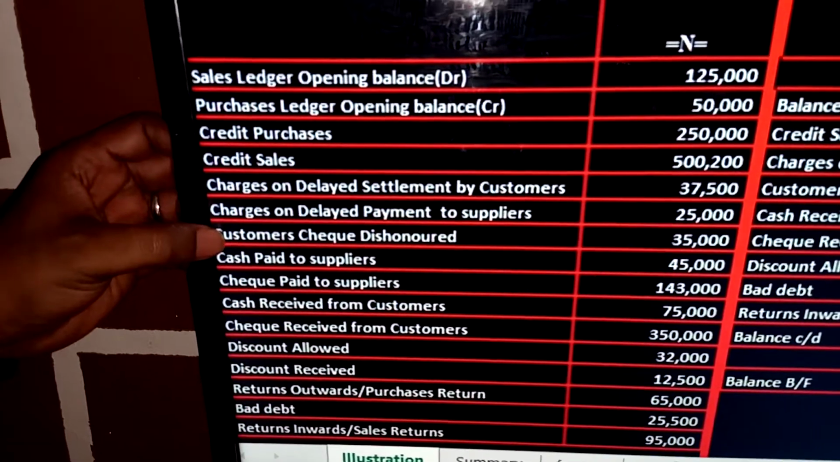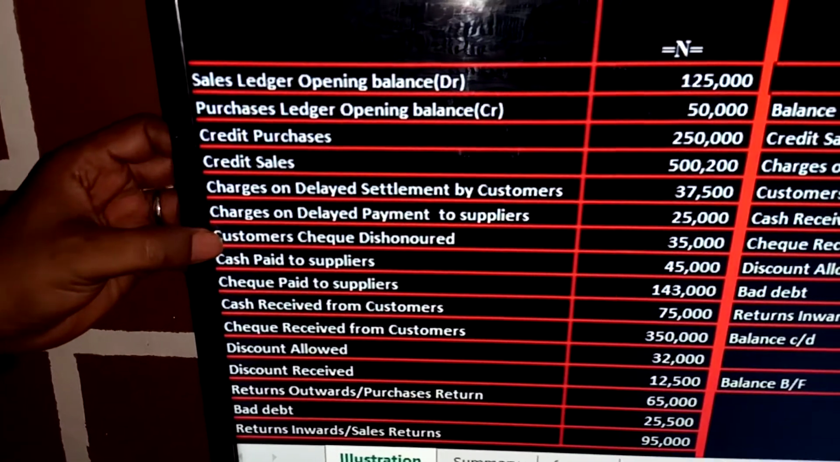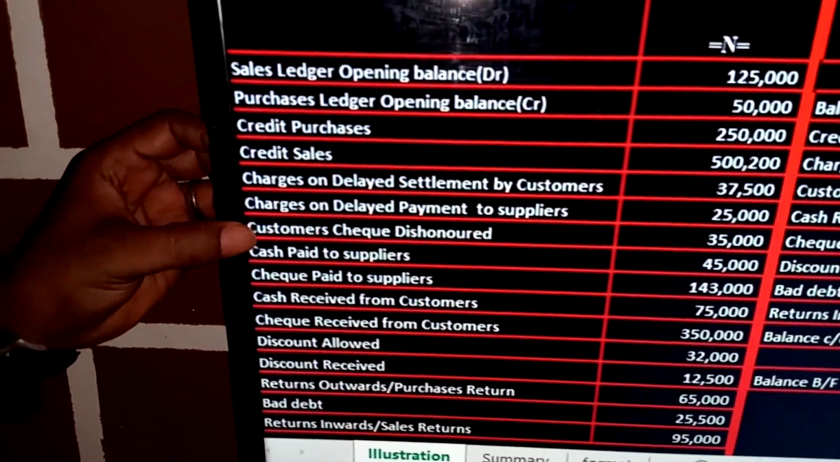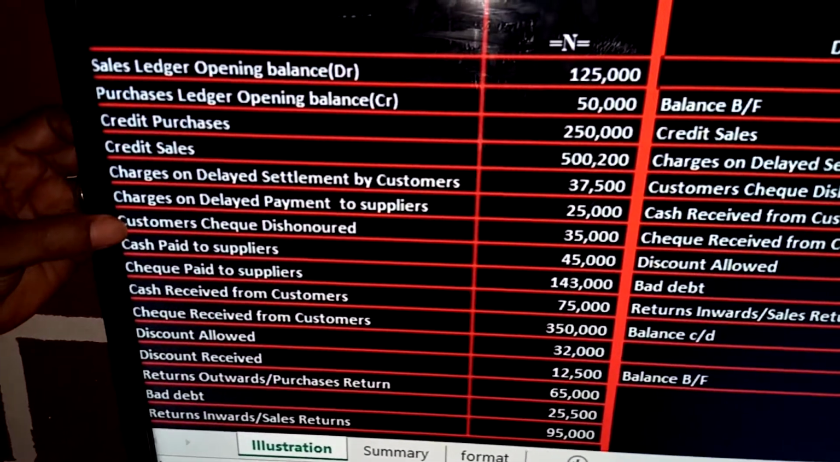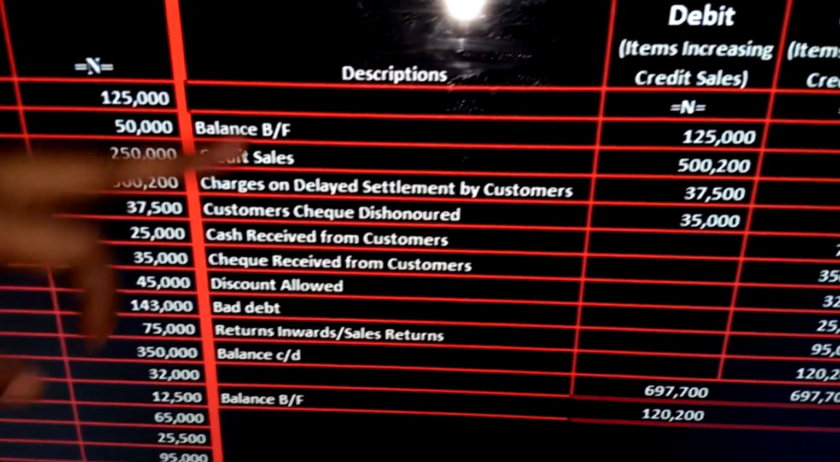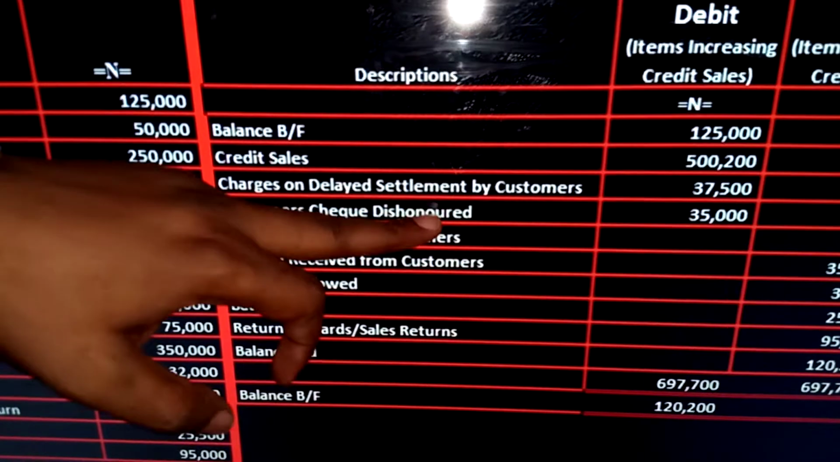Customer will be related to sales anyway. So now their check that they gave to us is dishonored. So it means that what we thought they have paid, they've not paid. So that will increase what they are owing the business. Okay. So we have sales ledger control account. Customers check dishonored, debited